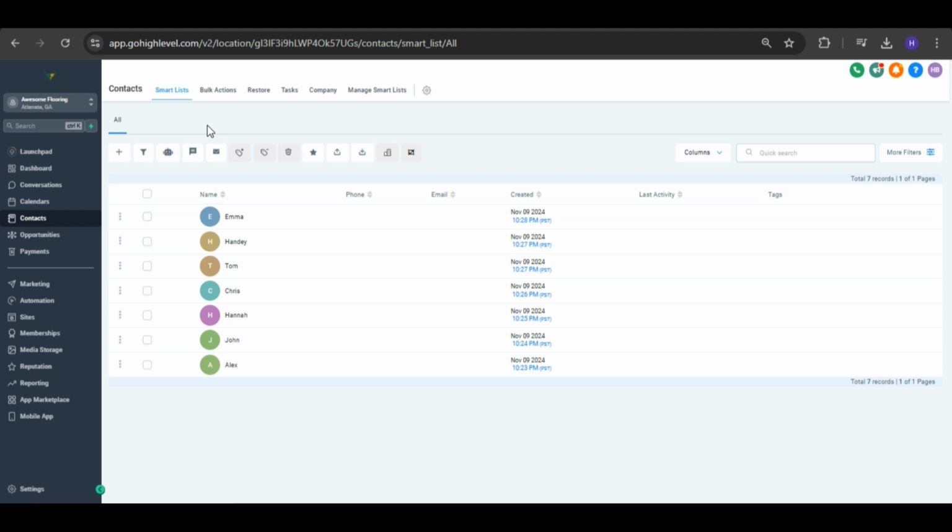Right now, some of these contacts are from New York and some are from Arizona, but we can't figure out which contacts are from New York and which are from Arizona. So we can create smart lists for separating New York contacts and Arizona contacts. For that, I will click on filters,